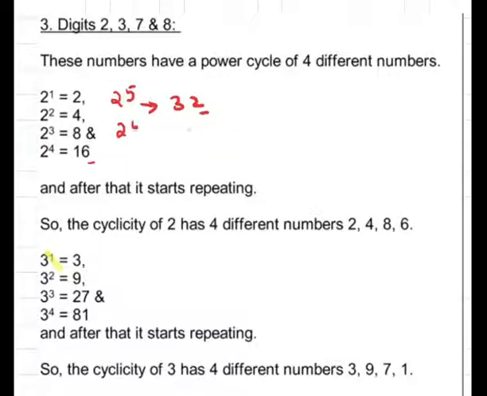So 2 power 6 is 64, ending in 4. Similarly, 2 power 7 is 128, so it is ending in 8. Then 2 power 8 is 256, so it's ending in 6. It is almost the same as whatever you have here, so it's going to repeat in the same way. Therefore, it's a cycle of 4. It's going to repeat after 4.